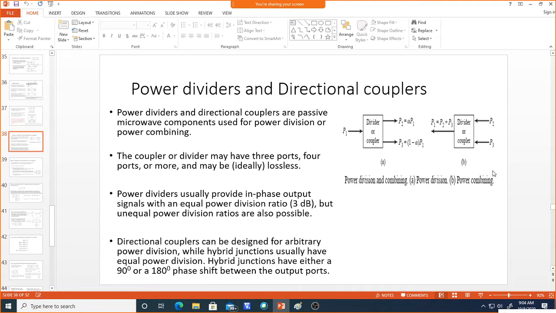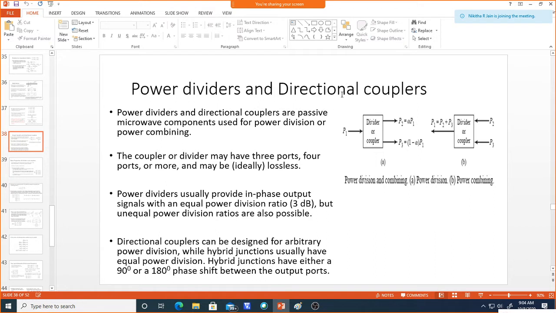Okay. So in the last class we completed the ABCD matrix, and we have seen the power dividers. Power dividers are used for power division. It may be equal power division or unequal power division. We can even divide the power between a number of ports. For example, if you take 3 ports and give an input at port 1, we can get equal powers at port 2 and port 3. In a similar way, if we give power at port 2 and port 3, it will be combined at port 1. So this is a power divider, or combiner, as we can call it.